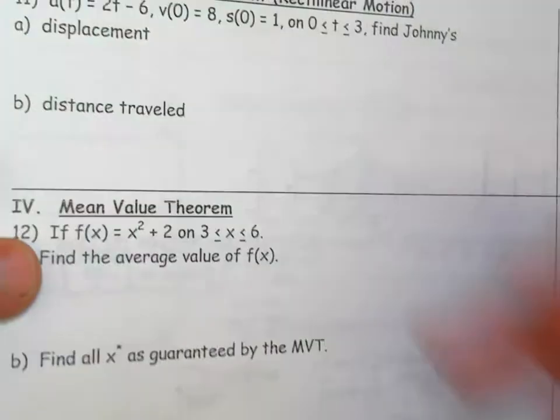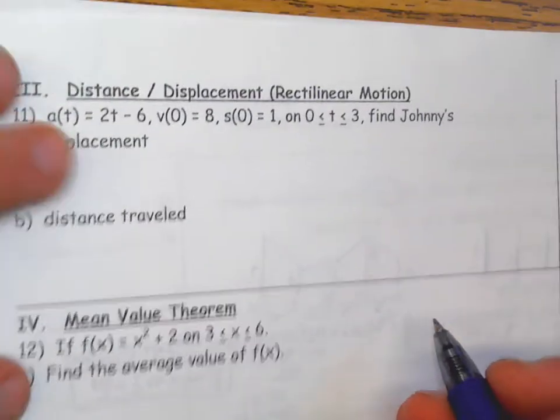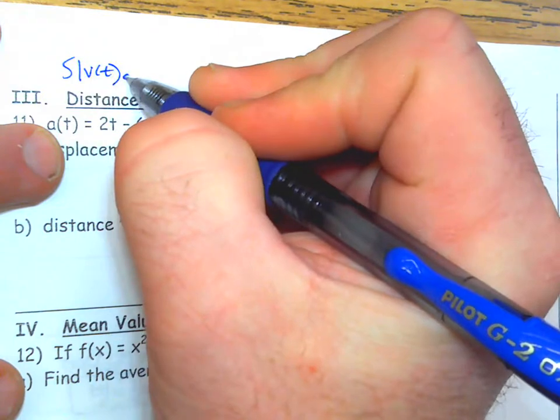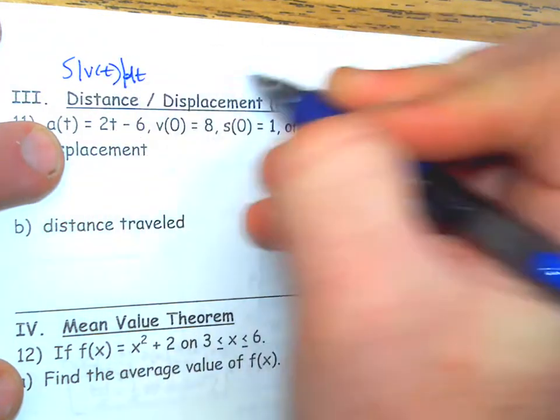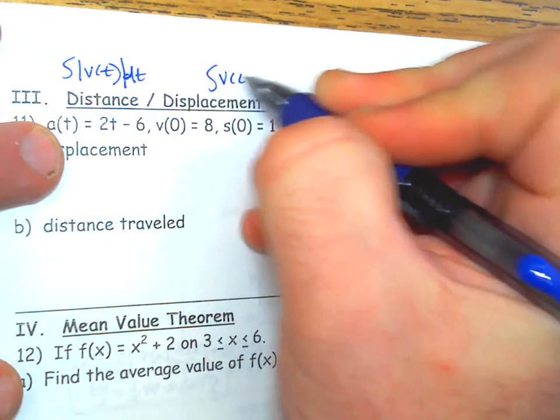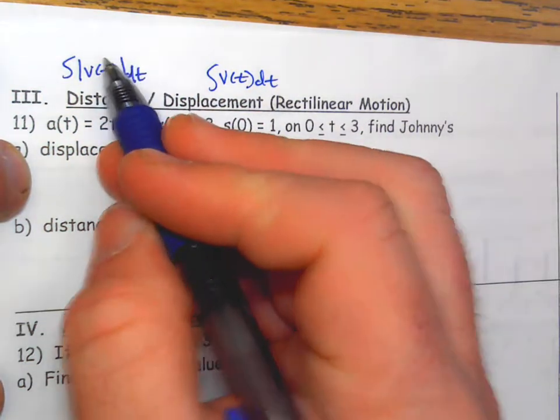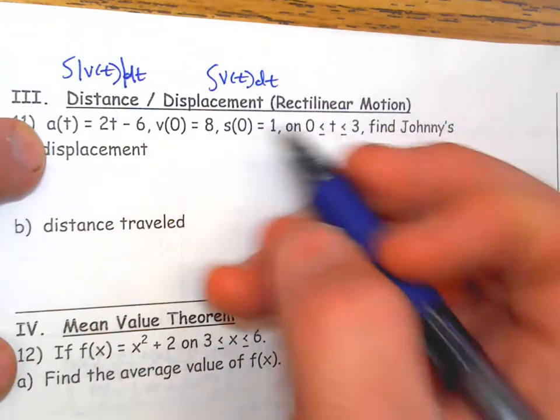Next ones. So distance and displacement. Distance is the integral of speed, the absolute value of velocity. And displacement is just the integral of velocity. But we got to find velocity first. This is acceleration. Some of you guys just put this into this as if it were velocity, but we got to find